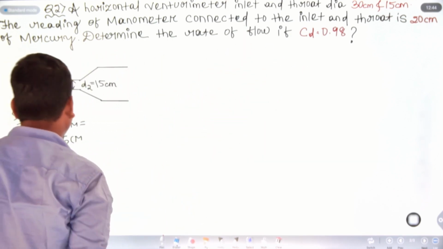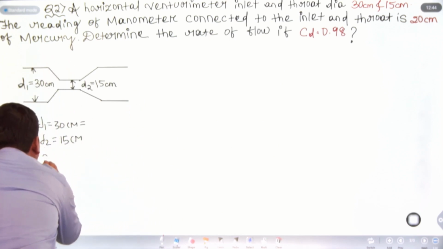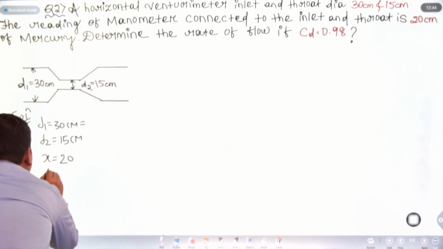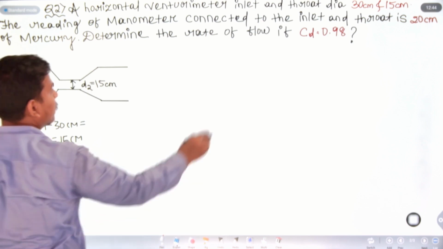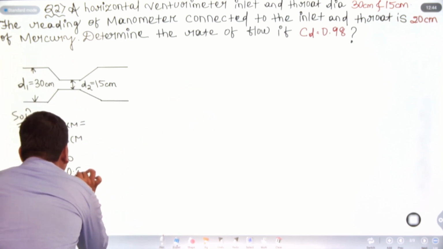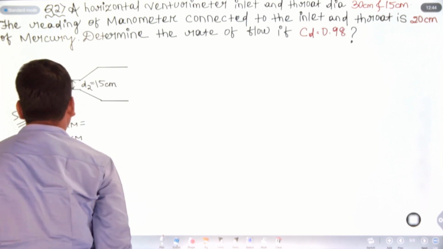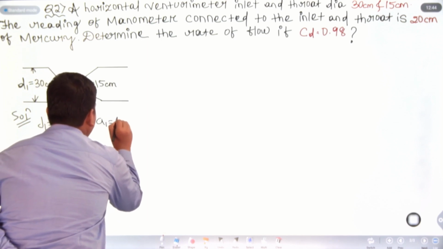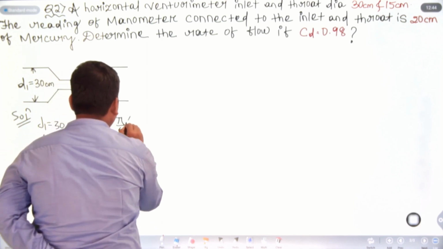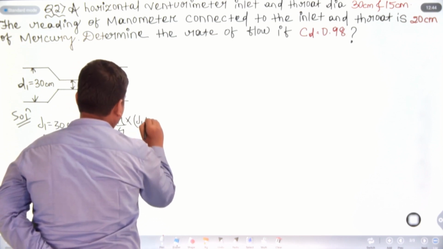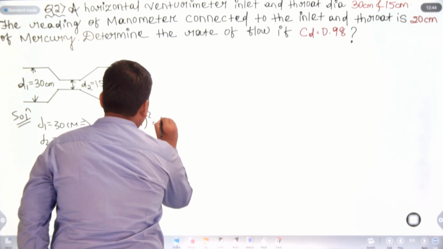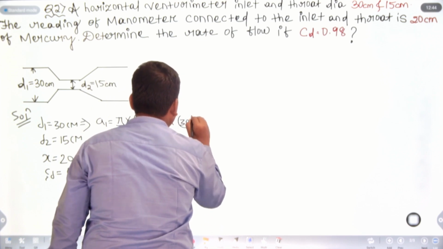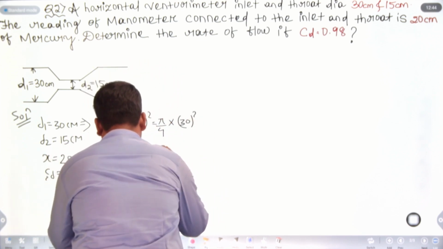The question is connected to the reading of a manometer at the inlet and throat, which is 20 cm of mercury. That means x is equal to 20. Then the coefficient of discharge is 0.98. Now D1 is given, that implies that A1 is equal to pi by 4 into D1 square, which is pi by 4 into 30 whole square,